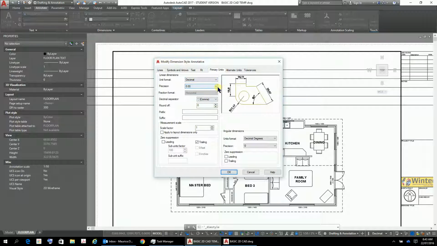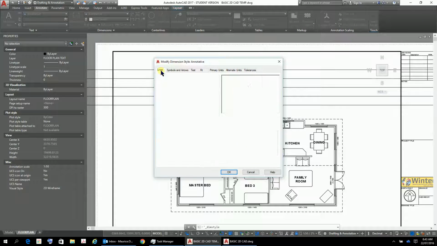Decimal precision, I think I just want to go to the nearest millimeter, so I'm just going to put that like that for now. Fractional format, the decimal separator, if we have one, we definitely want the period or the full stop, the round off stuff. Apply to layout. So there will be other things that we need to do here, the lines